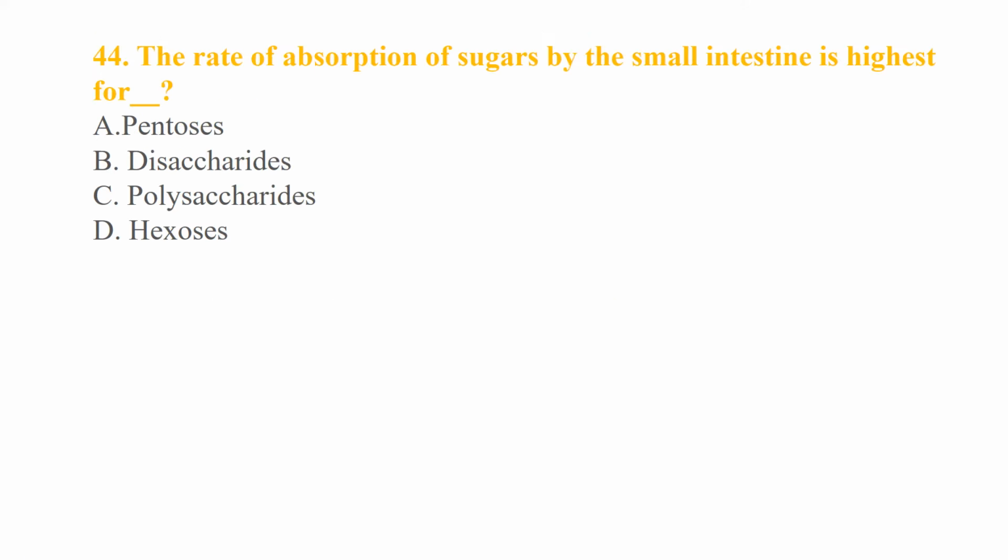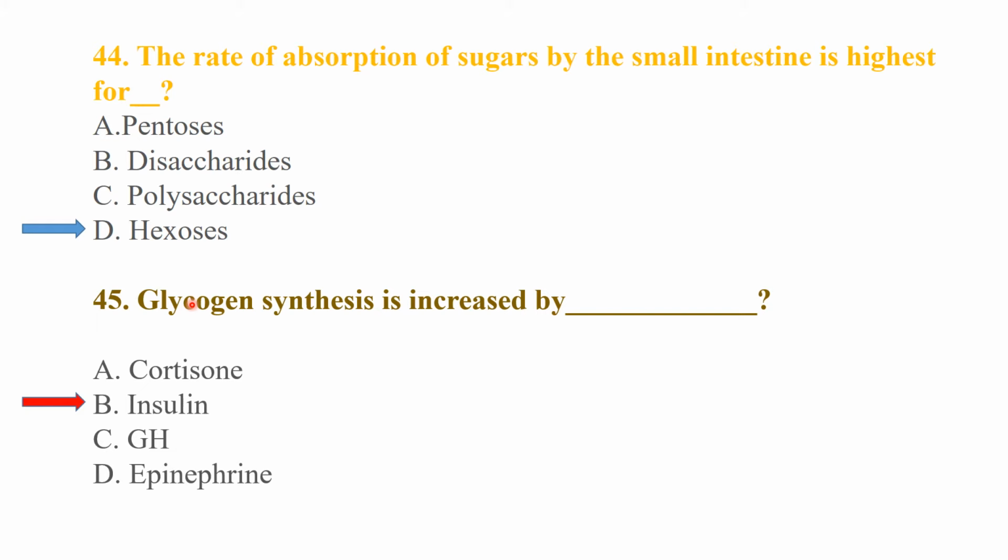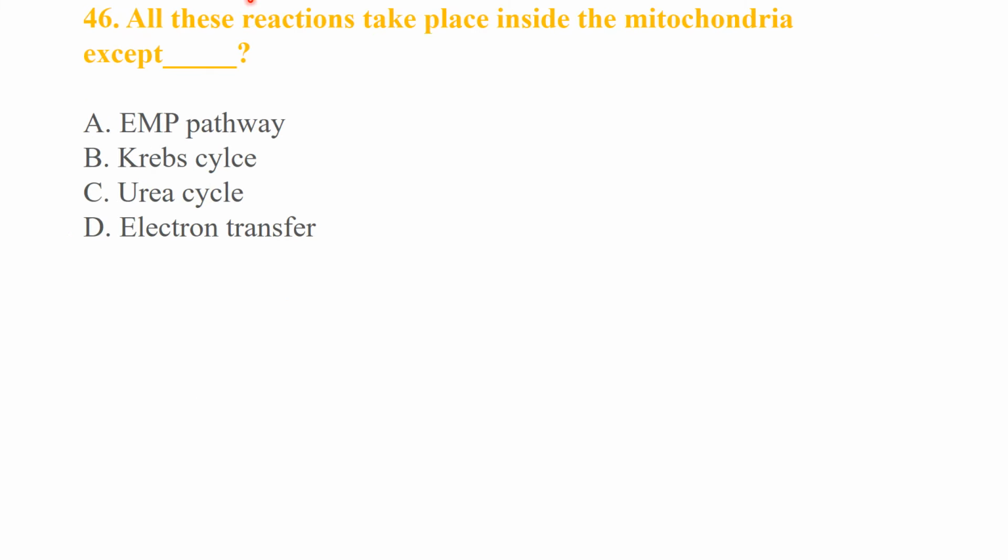Glucokinase. The rate of absorption of sugar by the small intestine is highest for hexoses. Glycogen synthesis is increased by insulin. Insulin converts the glucose into glycogen. All of these reactions take place inside the mitochondria except